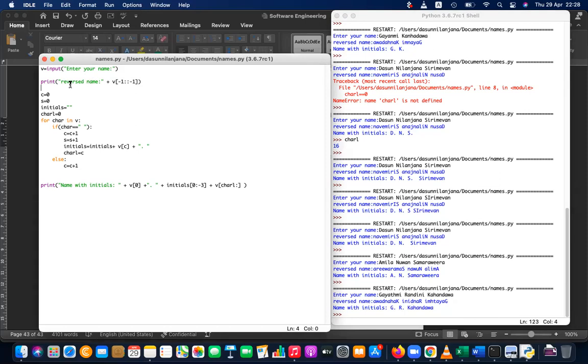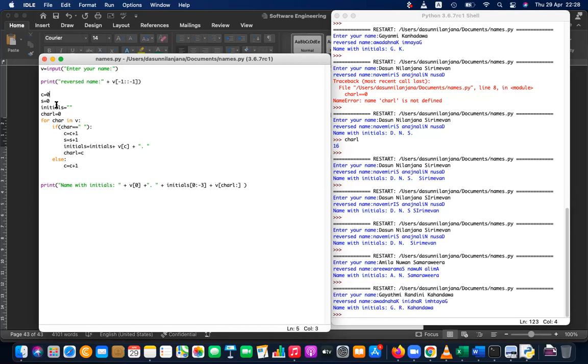Then in the reversing, you start from -1, that means the last character, and the end you are not going to give. If you're not going to give the end, it will be automatically detected. It will go up to the last character. So -1, because the last character is anyway -1. -1 to the first character, I'm not going to give, it's empty. Last to the first, -1 by -1 steps I'm going to give. 1 by 1 goes forward, 2 by 2 also goes forward, but -1 by -1, it's coming reverse. Understand the reverse name